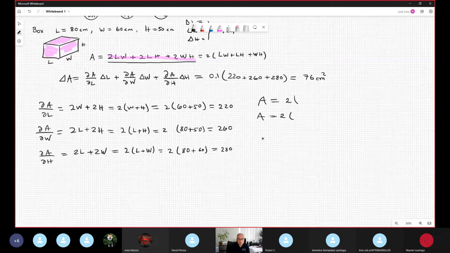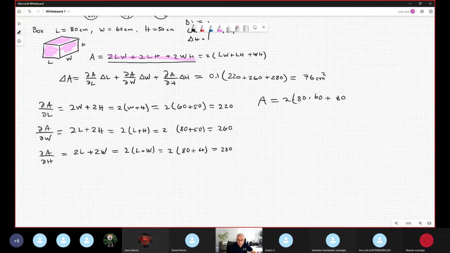So 2 times, okay, let me erase this. 2 times, with common factor, 80 times 60 plus 80 times 50 plus 60 times 50. This is super easy. And the area is, wow, a big number, right? It's 23,600